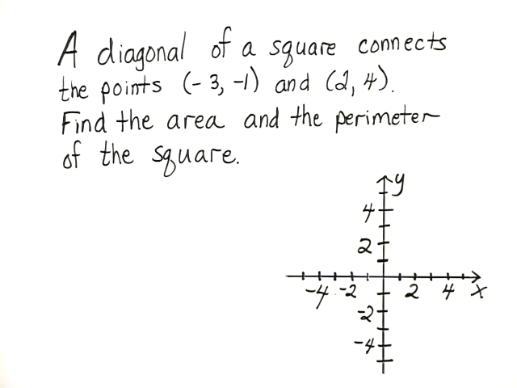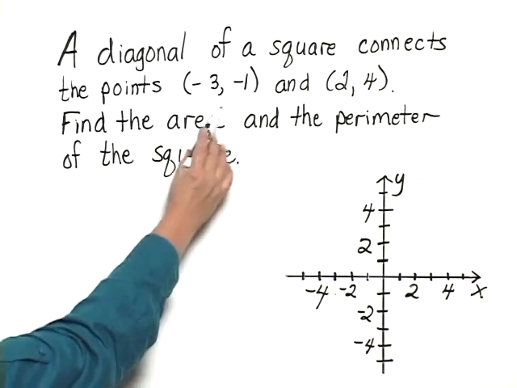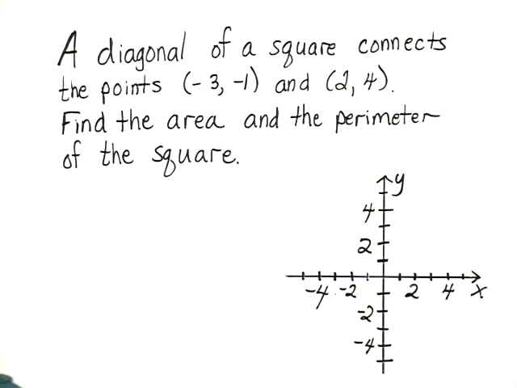A diagonal of a square connects the points (-3, -1) and (2, 4). Find the area and the perimeter of the square. Now with a situation like this, since we're talking about a square, let's graph these points and then sketch the